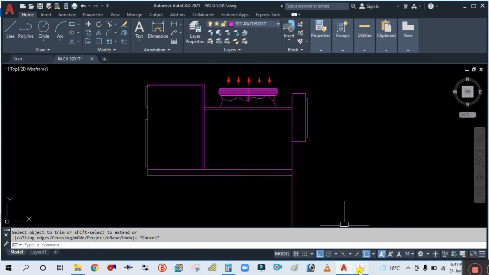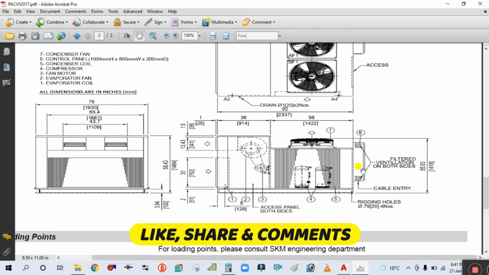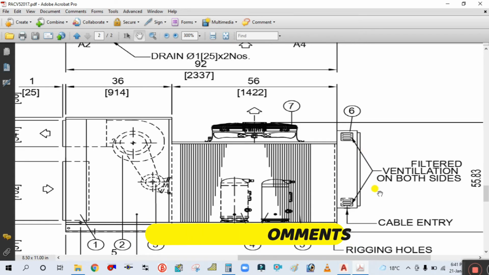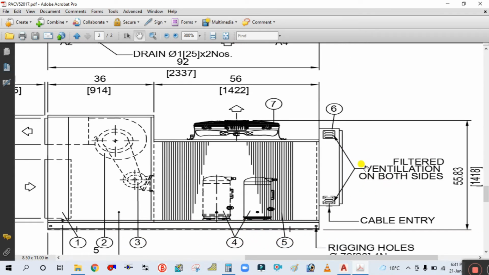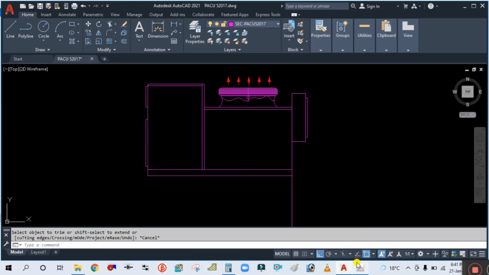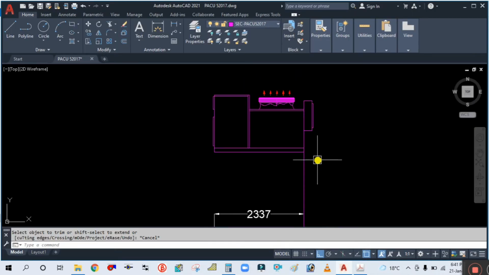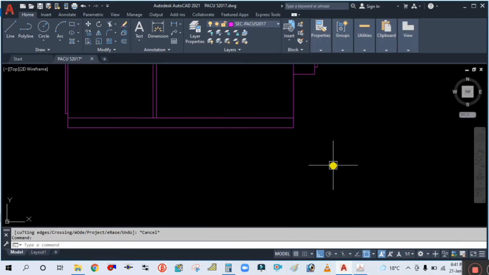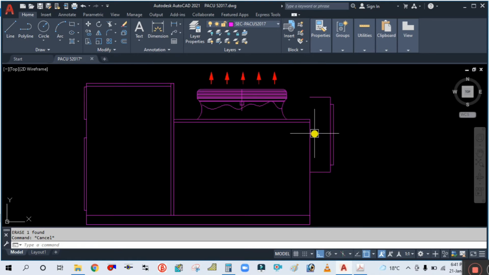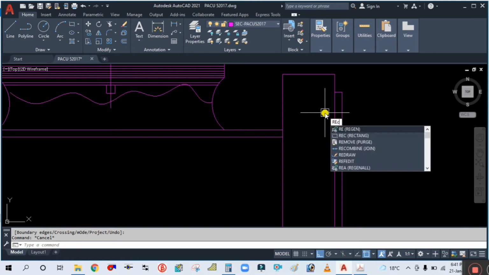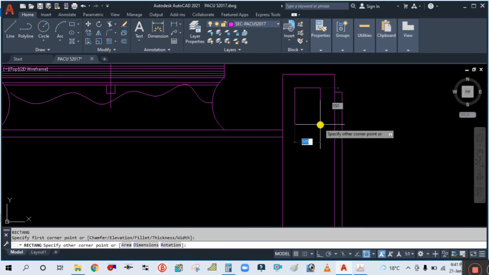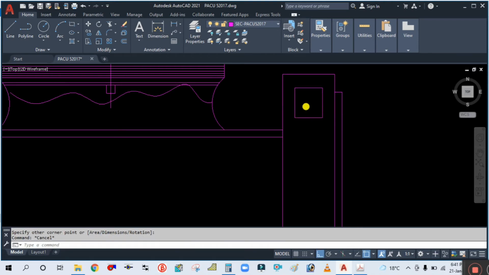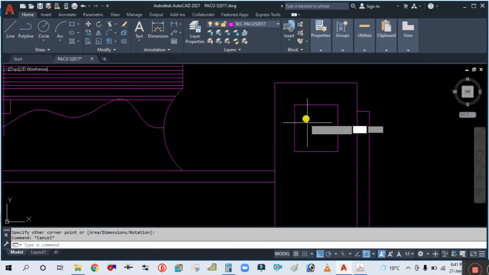See the control panel, and now what you see here, this is the ventilation, filtered ventilation. So we have to draw this also. What you will do, simply draw the rectangle here. Simply draw the rectangle, and now